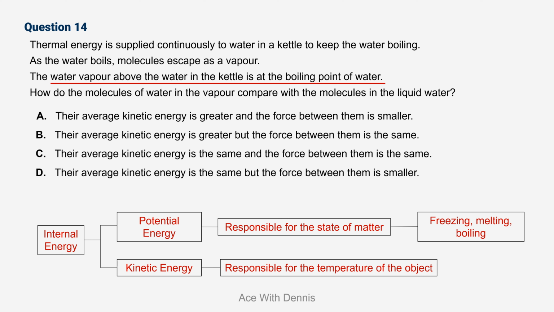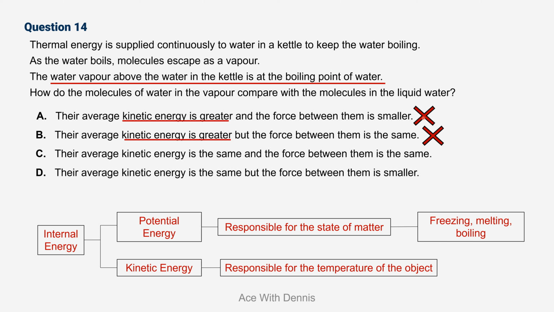Hence, from question 14, the water vapor above the water in the kettle is at the boiling point of the water. So the keyword here is boiling point. In other words, the temperature is fixed. Since the temperature is fixed at the boiling point, which is 100 degrees Celsius, option A is